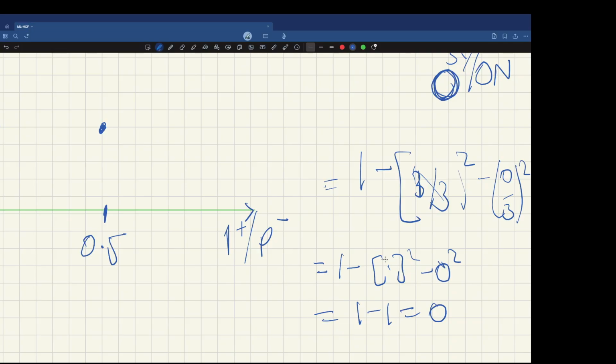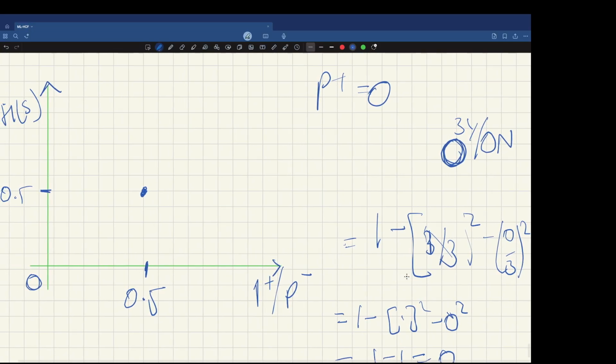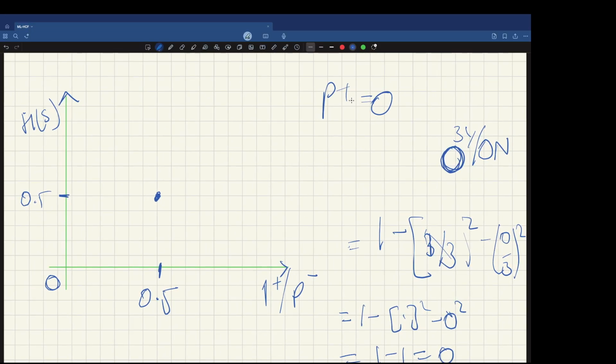So what we saw is that if P of positive is 1 and P of negative is 0, we are having entropy, not entropy, Gini index,